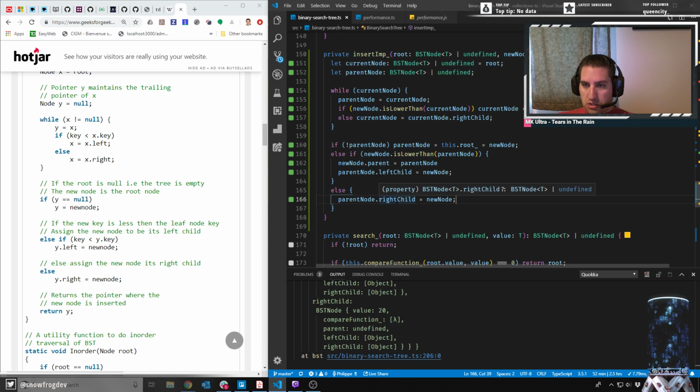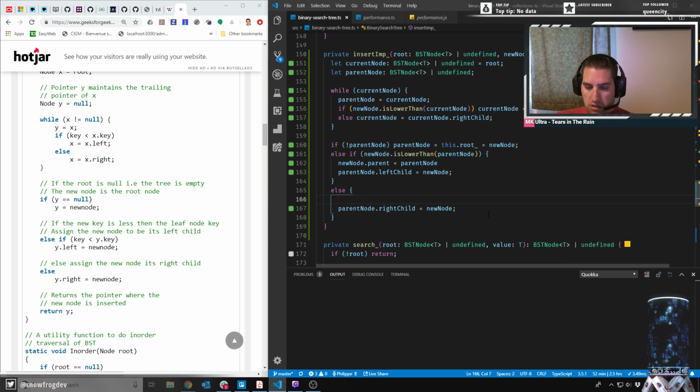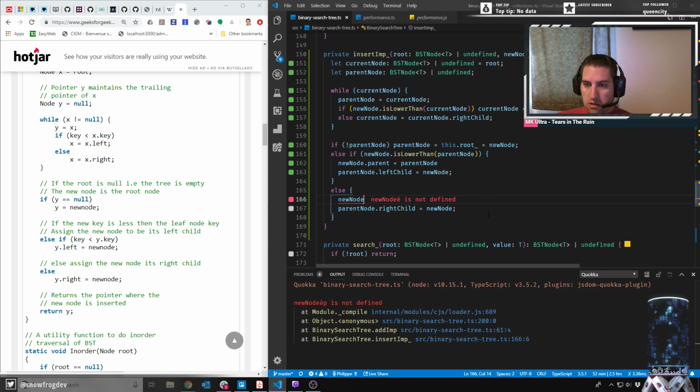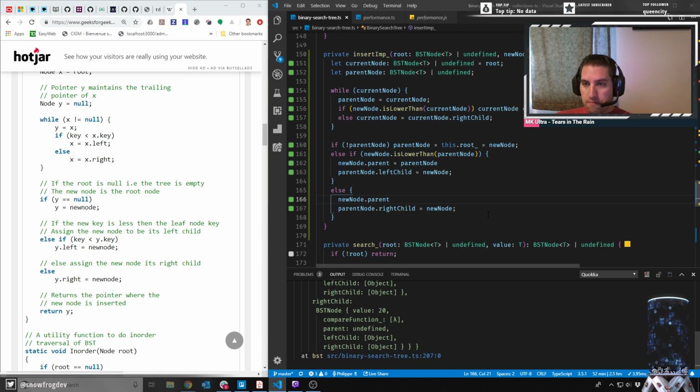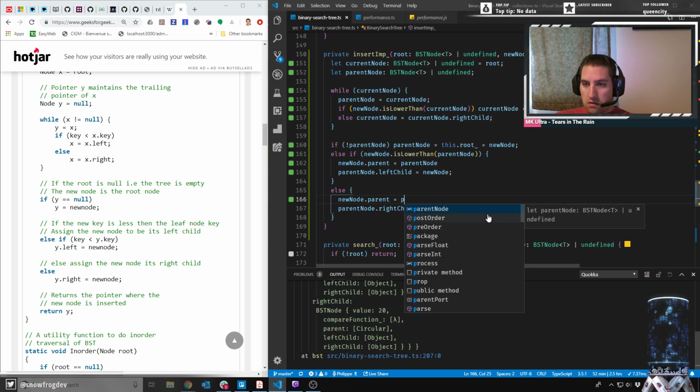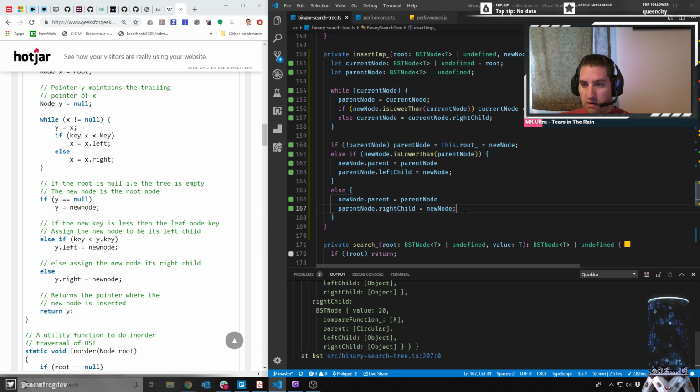Parent node dot right child equals new node, so same thing, new node dot parent is equal to parent node. So that takes care of that. But